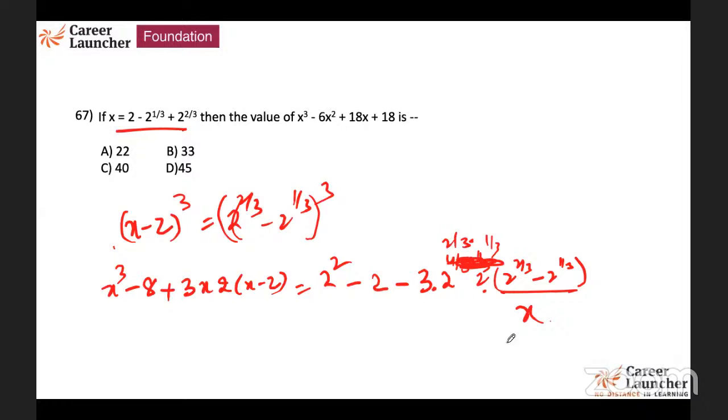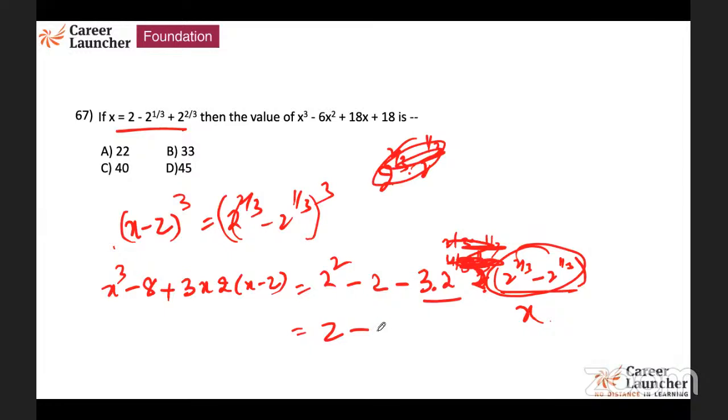So this is nothing but plus 1. This is exactly 2 to the power 2 by 3 into 2 to the power 1 by 3 is equal to 2 to the power 3 by 3, which is 2. You will get this as 2. You will get your answer. By putting this entire thing as x, you get 4 minus 2, 2 minus 3 into 6x is equal to x cube minus 8 plus 3 into 6x square minus, you will get 6 into 12x kind of things.